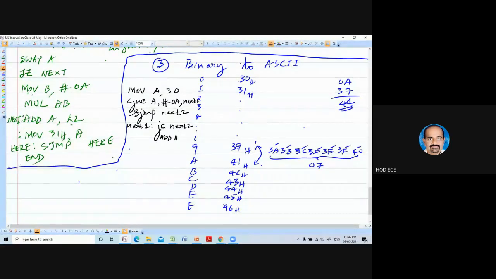So add accumulator with extra 7. So this is next to 2. Here you have to add 30H.